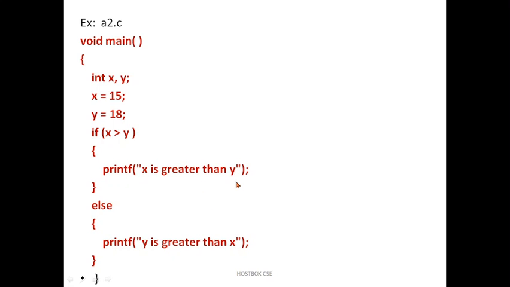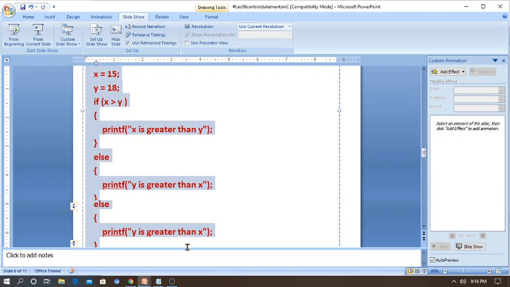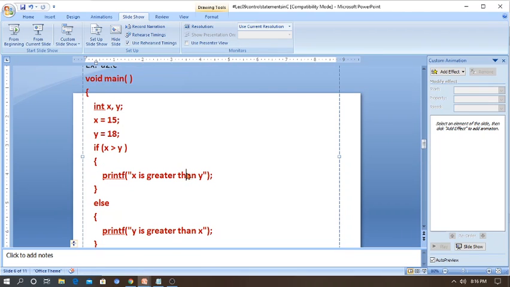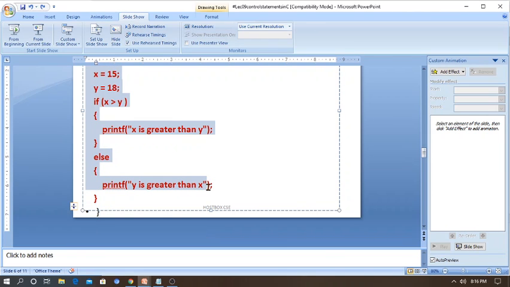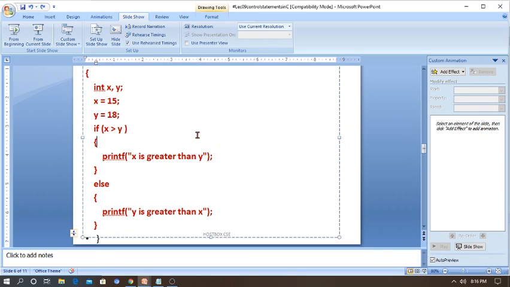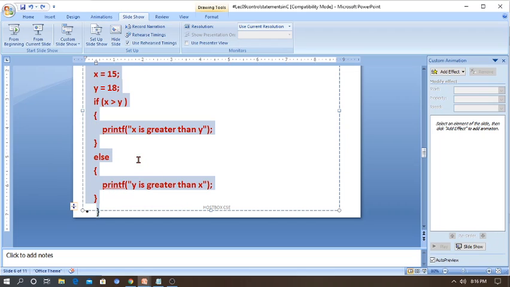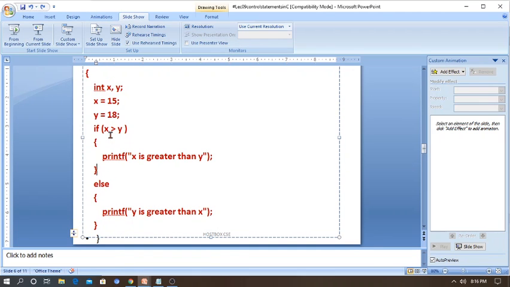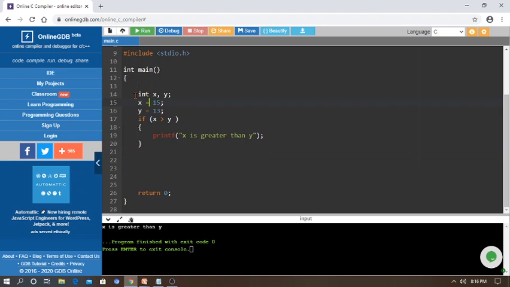So let's go and execute the program. You can change the runtime values and do it. You can do it as much as you want. You can change the values as much as you want, no issue. So for most programs you may get two outputs one by one. Just copy, paste.